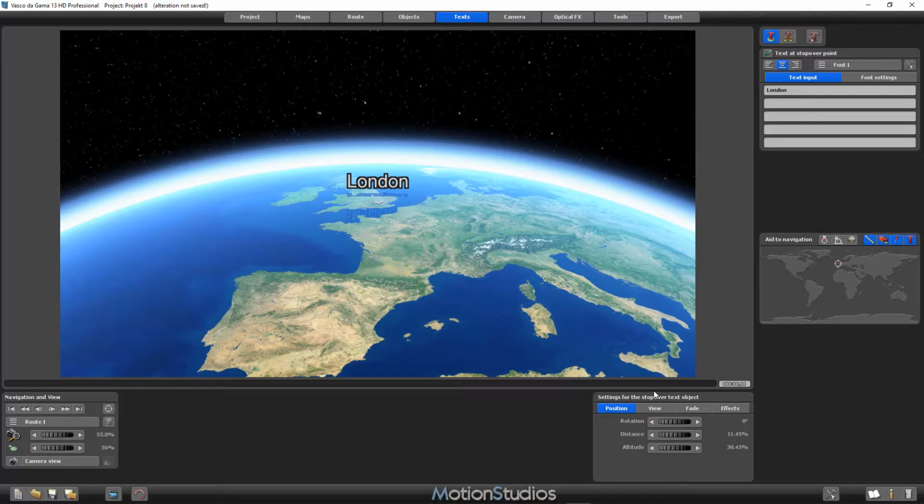Sometimes we have a situation where we don't want a text object to be always visible during the whole animation, during the whole project. And in the settings group, we have the group fade, and here we can select a fade in and a fade out effect. We have seen this already with the head objects,